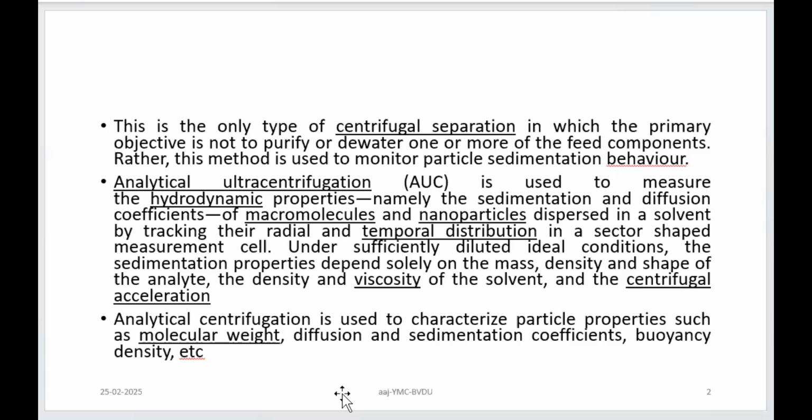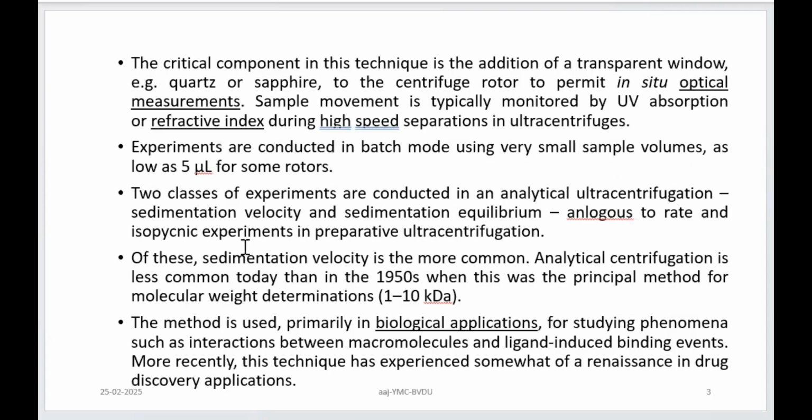So with the help of this, we can characterize the molecule, say molecular weight, diffusion and sedimentation coefficients, buoyancy, density, and then the refractive index of the particle, which would be the first thing making it possible to characterize the molecule, right? So second, when you are talking about characterizing the molecule, are you able to see the molecule? Who is seeing that molecule and how is it getting characterized?